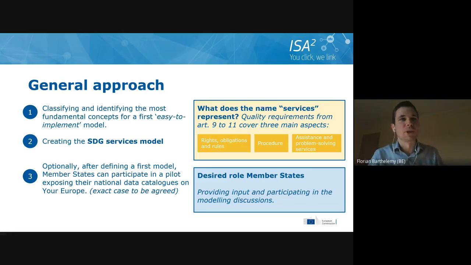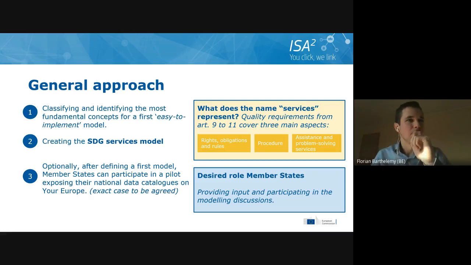And as Miguel mentioned, we call this the SDG Services model. And the question is, what does the name services here mean or represent? Miguel mentioned that it covers the quality requirements from Articles 9, 10, and 11 mainly. And when you look at those 3 articles, what are they talking about? They are talking about rights, obligations, and rules. That's Article 9. About procedures, that's Article 10. And about assistance and problem-solving services, that's Article 11. And so basically in the name, we try to capture those 3 aspects with the term services, but of course, happy to discuss that with you